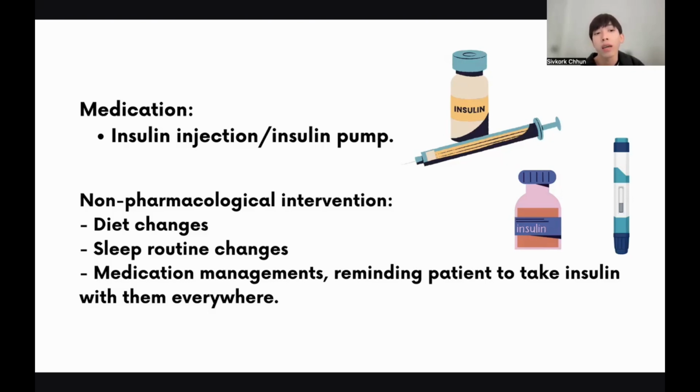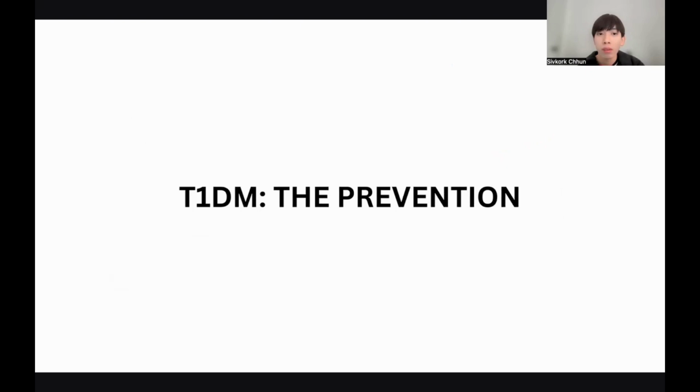But for type 1 diabetes mellitus, there are no specific oral medications to reduce or drop it, because type 1 diabetes cannot be prevented. It cannot be completely cured and is lifelong. So if you are diagnosed with type 1 diabetes, it sounds more severe than type 2 diabetes, because type 2 diabetes can be prevented or its progress slowed. But for type 1, it cannot be slowed down and cannot be prevented. So you may need daily insulin injection or pump. And again, there is no surgical procedure for type 1 diabetes.